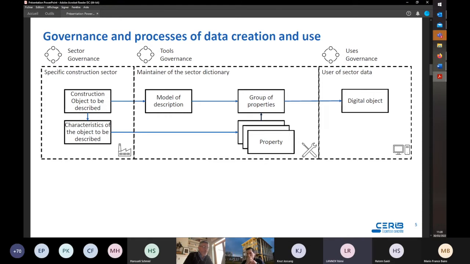The management of data in a dictionary requires a maintainer who uses a tool to apply the standard ISO 23386. The end users of the data use the digital object to exchange information in the development of construction projects.